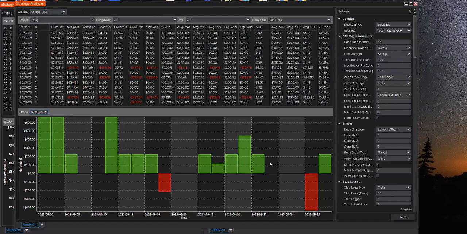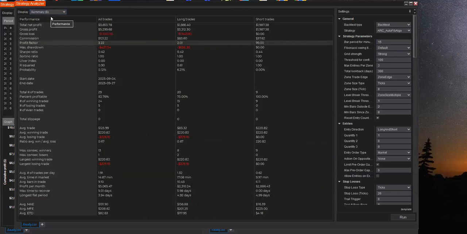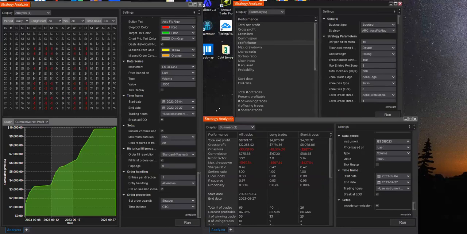Last week, every day was a winning day. The week before, 4 out of the 5 days were winning days, with one losing day. I don't know what it did today. I haven't run it, but the thing is that this isn't even our best template. This is just one of the templates.